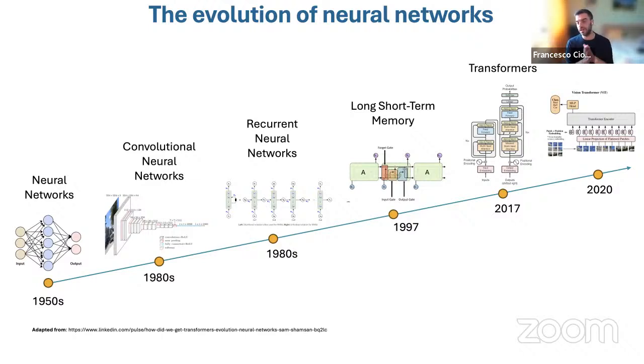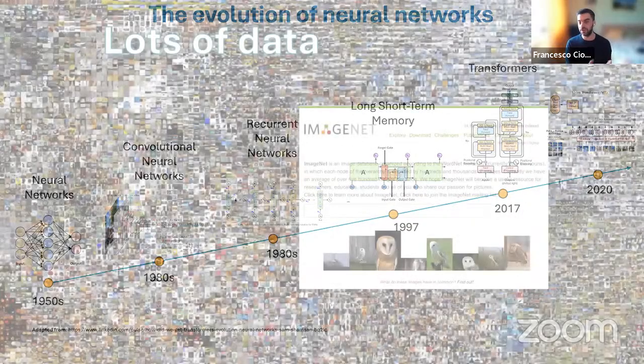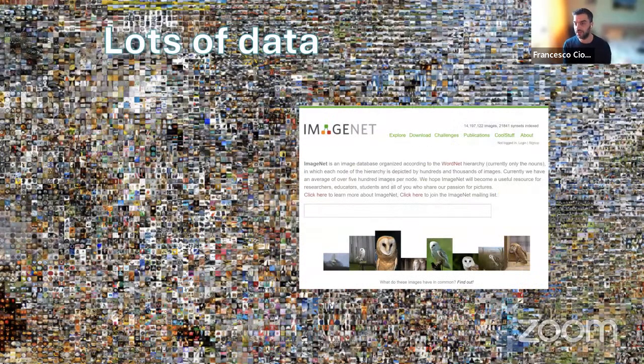And of course, you can say that this has happened and is happening because of a number of reasons, right? The presence of hardware advancements in GPU technology, some mathematical tricks that made back then also convolutional neural networks more trainable, more efficient. But I think the most important ingredient here is data, right? So having lots of data is really key. Without that, we are not in business, essentially.